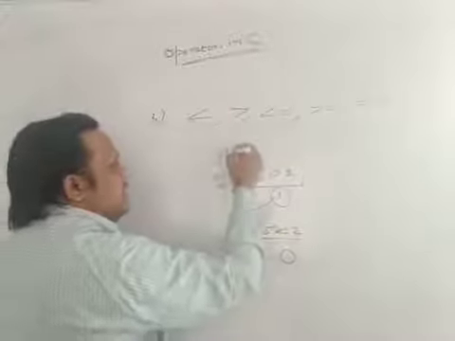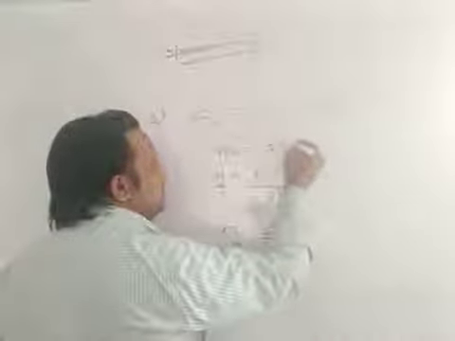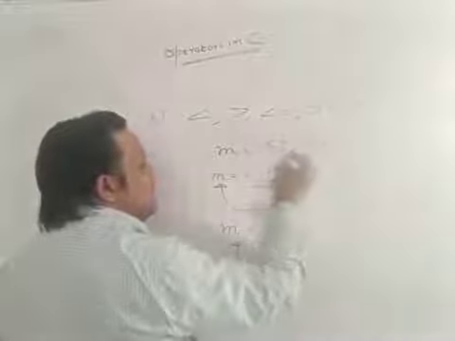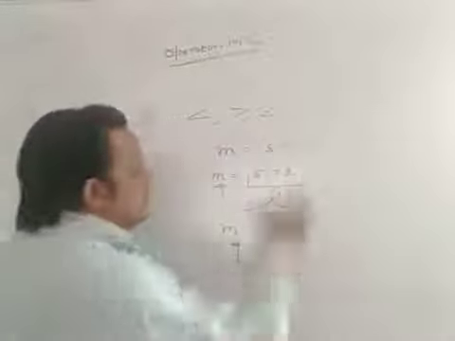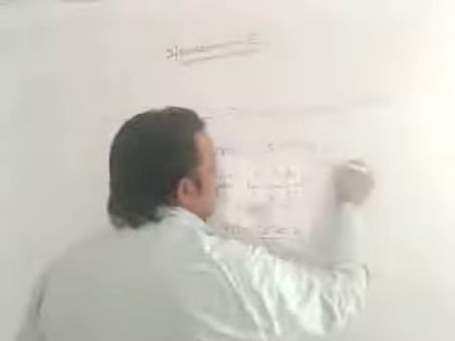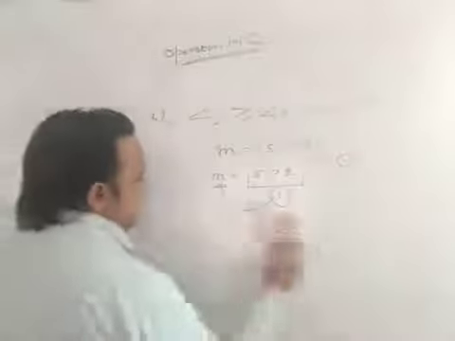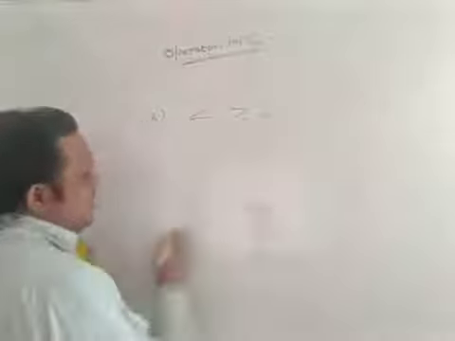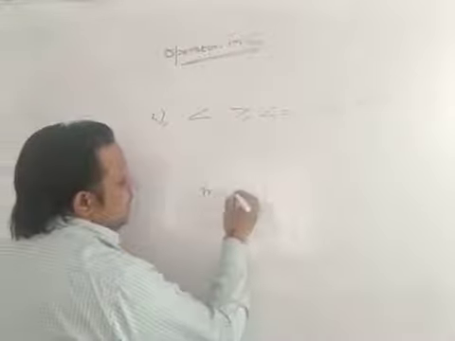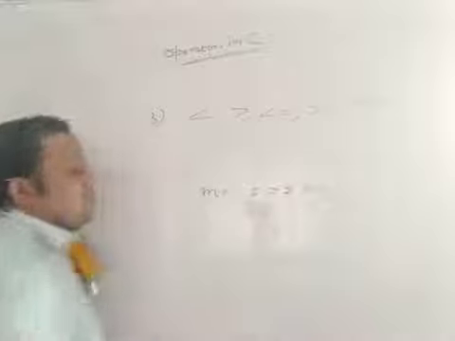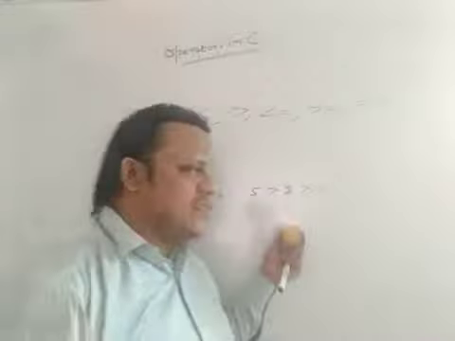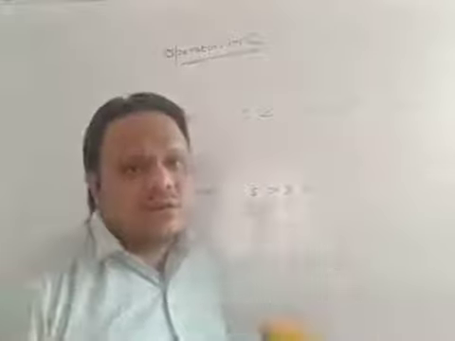If I write m is equal to 5 is equal to 3, again this statement is false because 5 is not equal to 3, right? So again, the value of m is also 0 in this case. Now, if I give something like this, m is equal to 5 greater than 2 greater than 1, what is the value? Most of you will say that the answer is 1 because 5 is greater than 2 and 2 is greater than 1, but this is absolutely wrong.